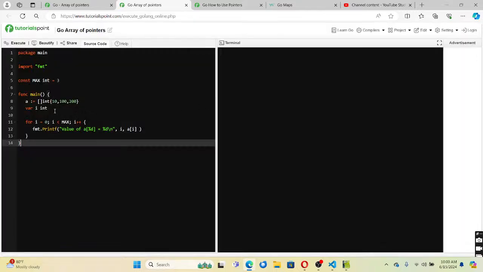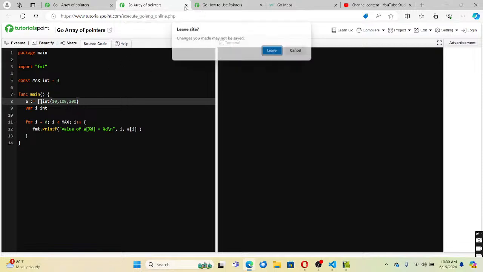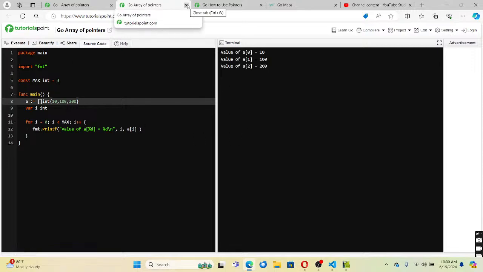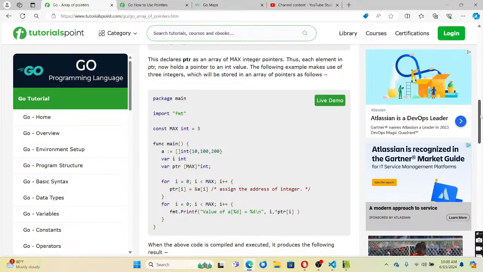Let us check this program. Okay, so we have declared a constant integer 3, and then we declared an integer array with 3 values. This is a simple array declaration, right? We are just printing the array values. Let us execute this one. It will just print the array values, right? We have already learned this. Okay, now